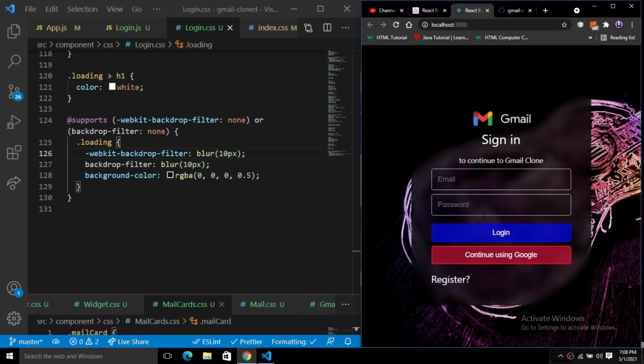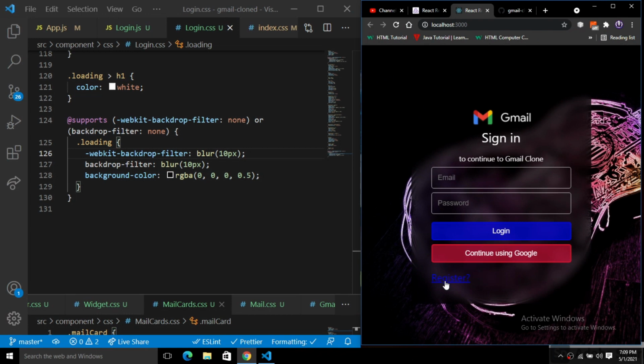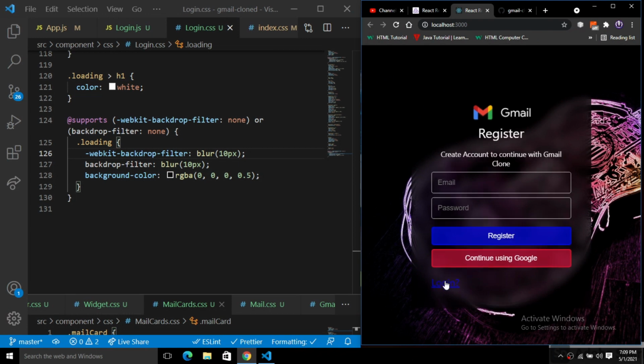Okay, so now you can see here we have a very nice look and feel for this login. I'm just going to make it larger. Now you can see a very nice login card here. We can simply swap from sign in to register very easily on this screen. You can see here, so this is all the power of the React hook useState. So using this useState we are able to do this.